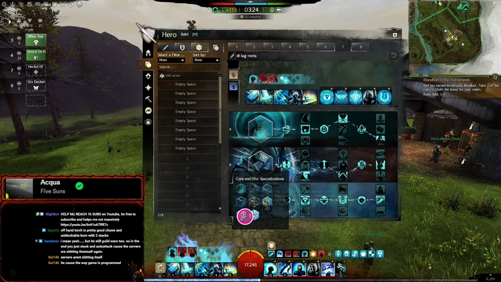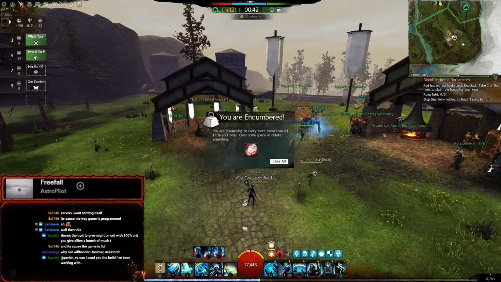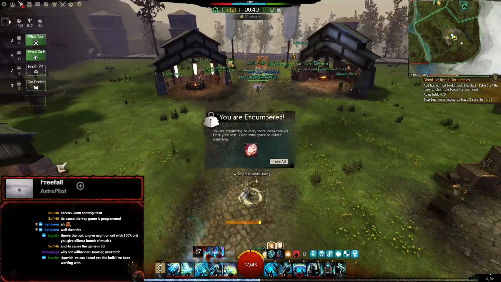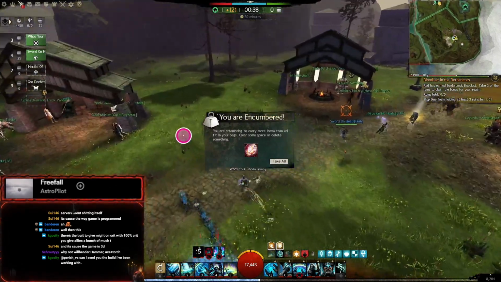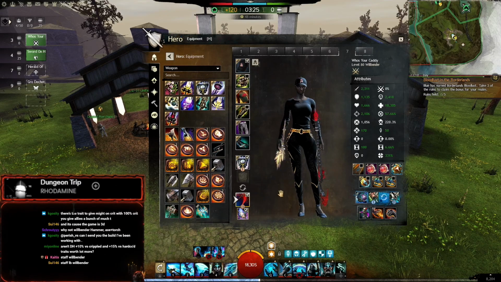So Firebrand may be a play. We could try that next time. Why not Willbender? The problem with Willbender is this. The virtues. You're moving all the time, bro. Staff, Longbow, Willbender. No, guys. I think, honestly, the play is you play DH if it's...